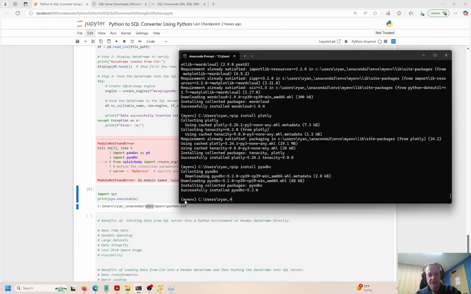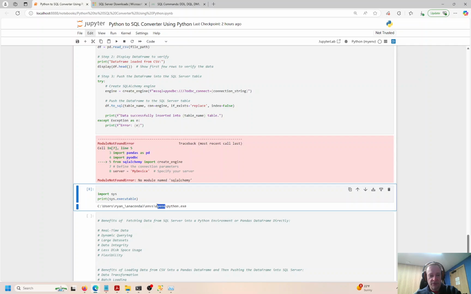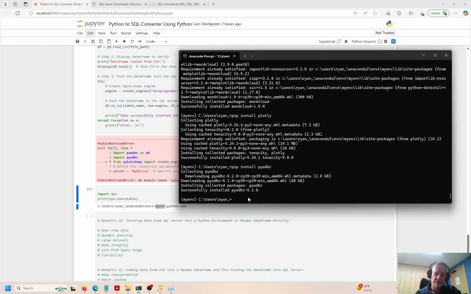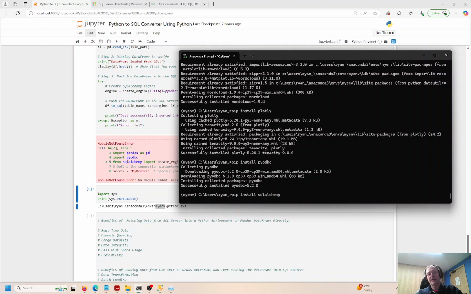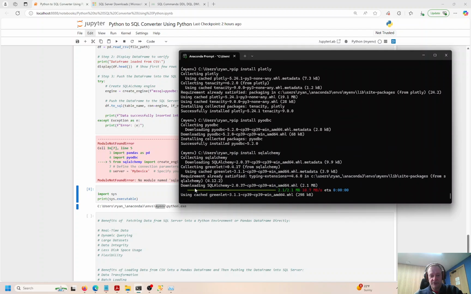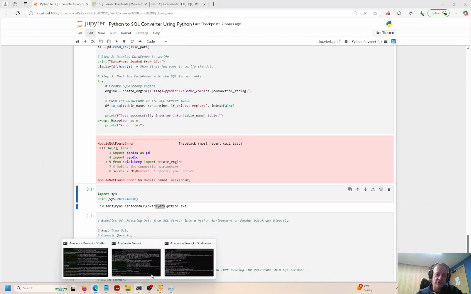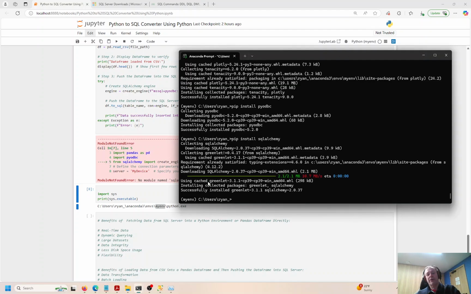My environment, so envs and my environment. You want to make sure that this matches up with your Anaconda prompts, okay? If not, then you will pip install into a different environment than what you expect, okay? So make sure my environment in brackets there matches this environment. If you have a different environment, when you do your pip install, you can get a message saying, okay, installed successfully. That's what you see here. But it would actually go to a different virtual environment, okay? So make sure you are working with the